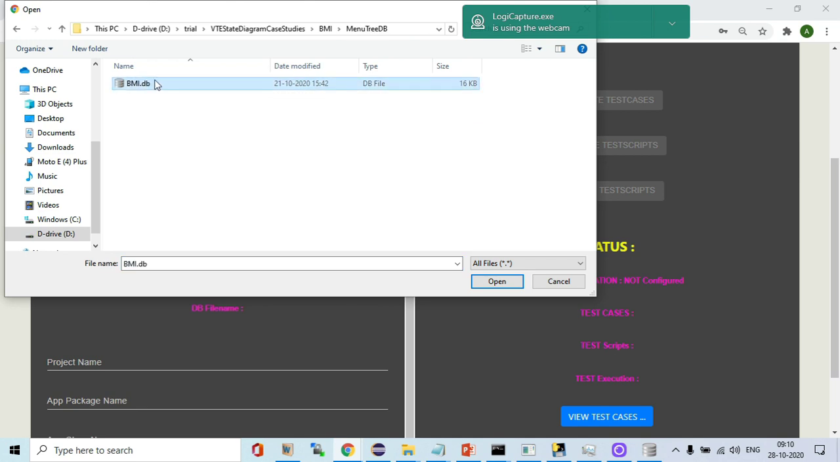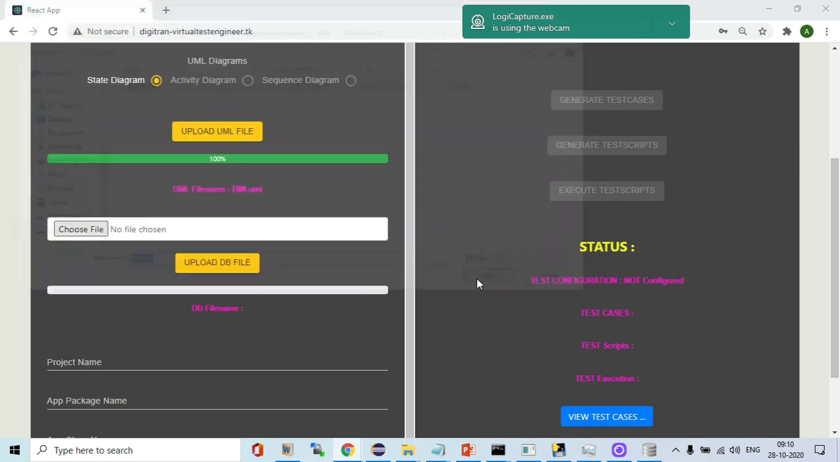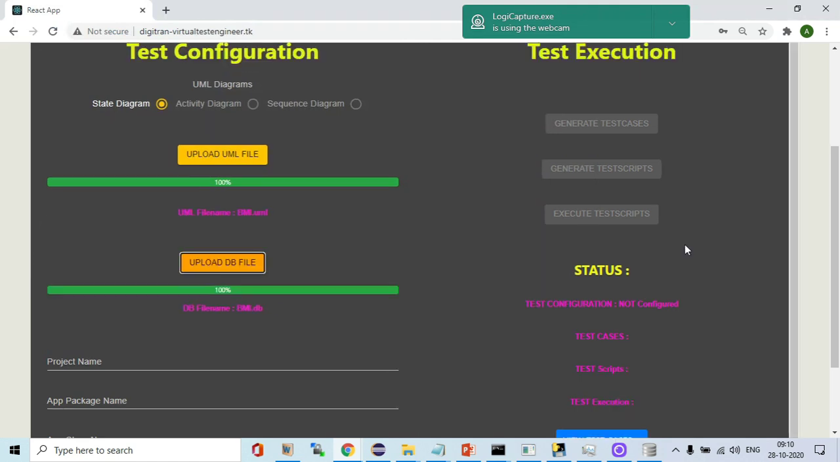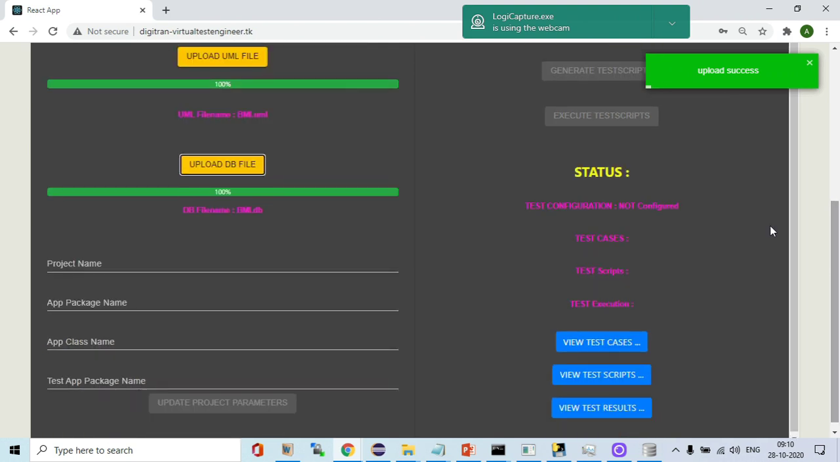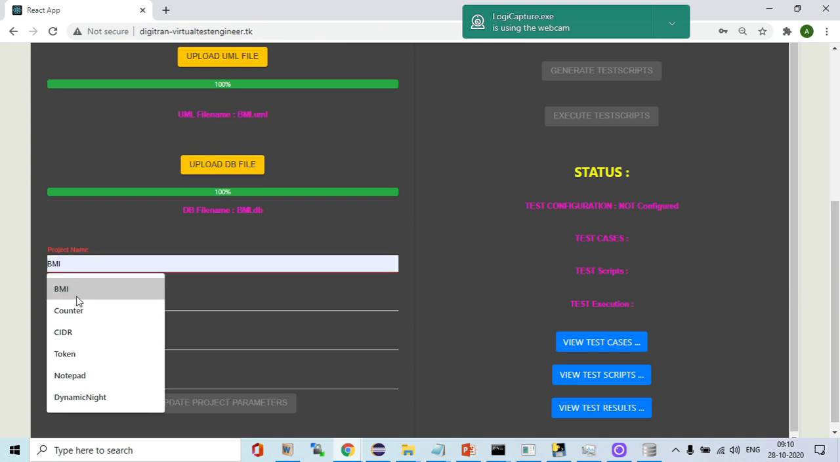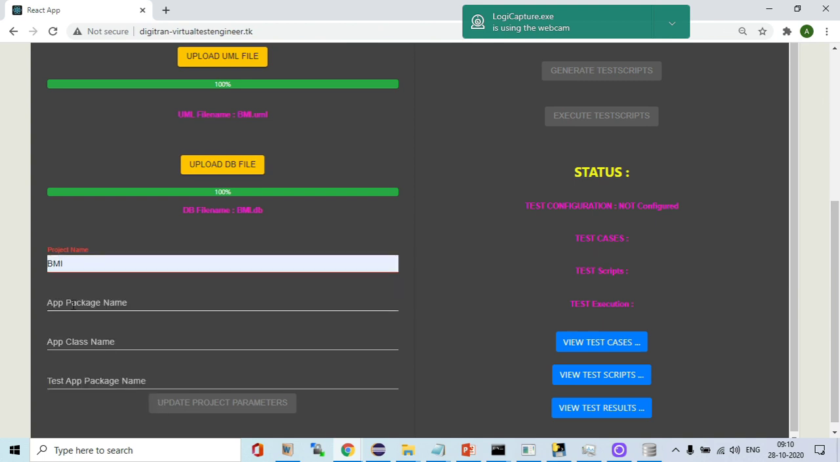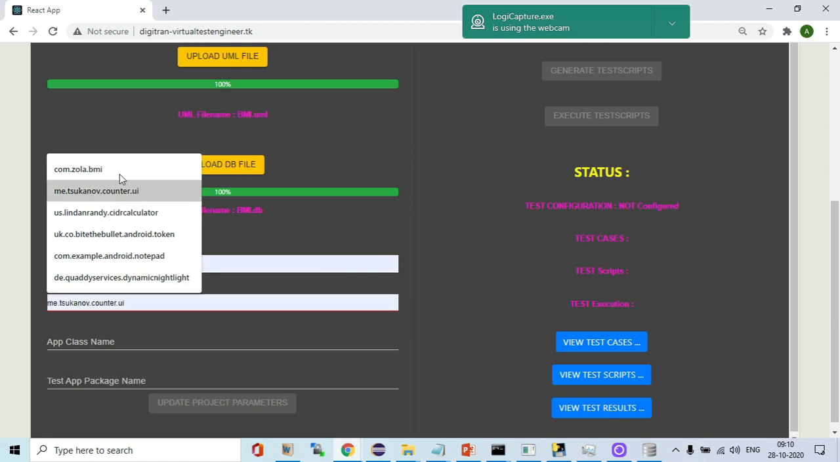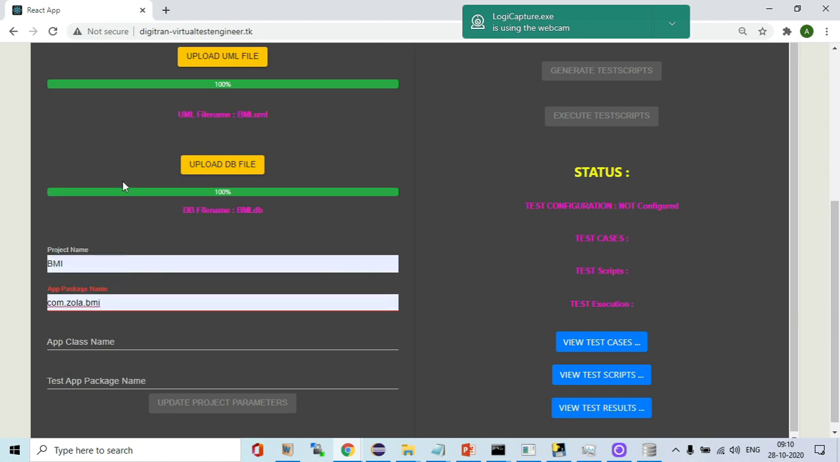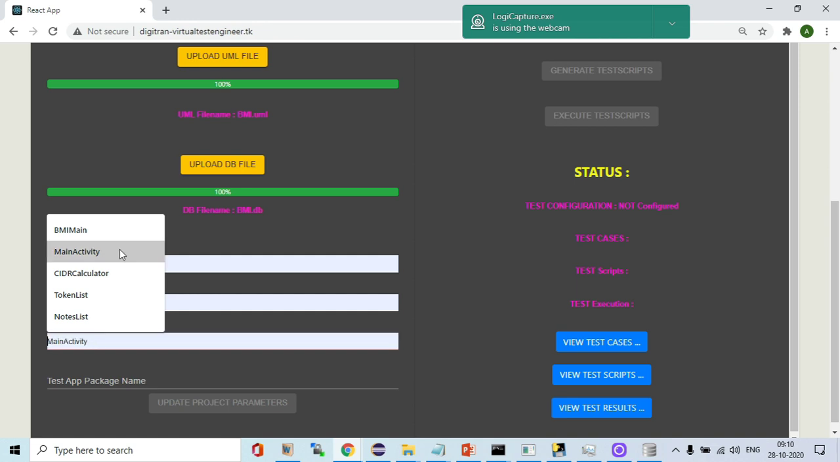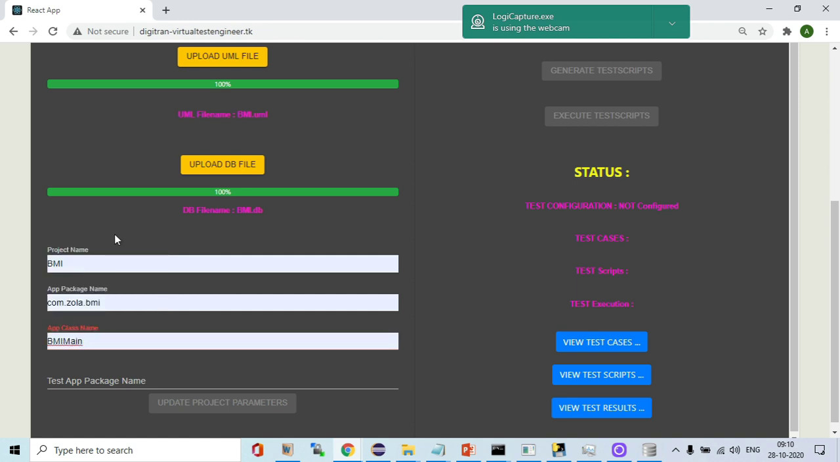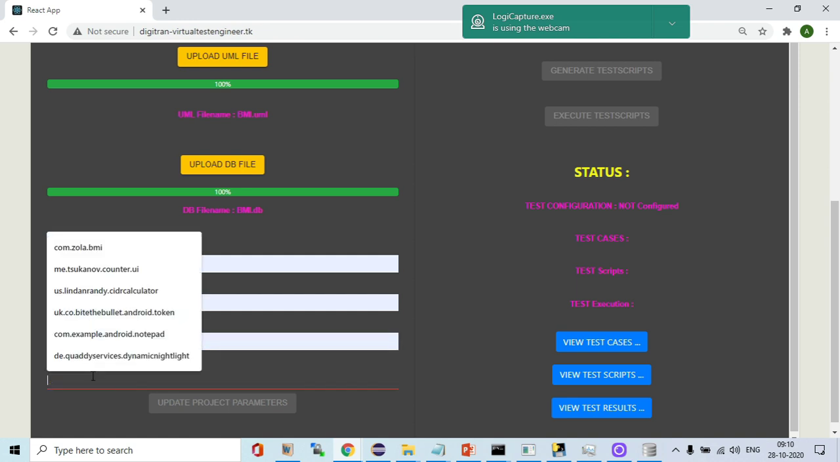So select the DB file and then open, upload. Uploaded successfully. Now select the project name. So BMI in this case, package name com.zola.bmi, class name BMI main, desktop package name